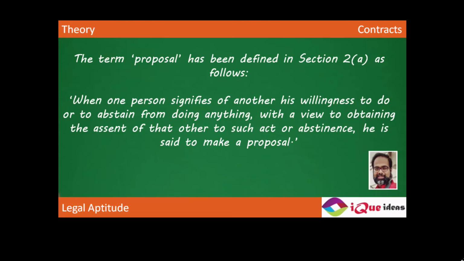And suppose I have every right to construct a building on an empty piece of land, but for your sake, I agree not to exercise my right of constructing in return for something, then my act of abstinence from constructing the building can also be deemed as a proposal. So my willingness to do something for you, give something to you, or my willingness to abstain from doing something which I have every legal right to do can all be defined under Section 2A as a proposal.